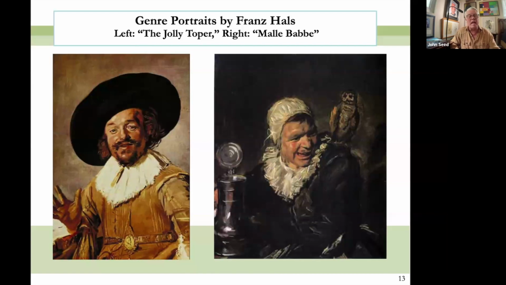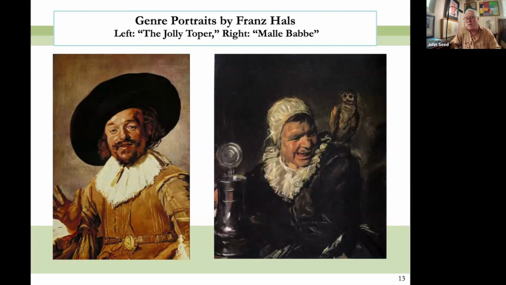And if you want to get a feeling how quickly Frans Hals could paint, take a look at the black hat of the Jolly Toper, the drinker that's there on the left. And I'm imagining one big wide badger brush with a lot of ivory black. And think how quickly he could swoop in there and make that kind of oval that frames the face of